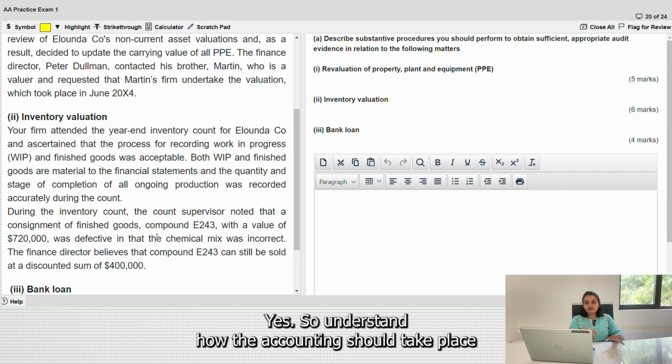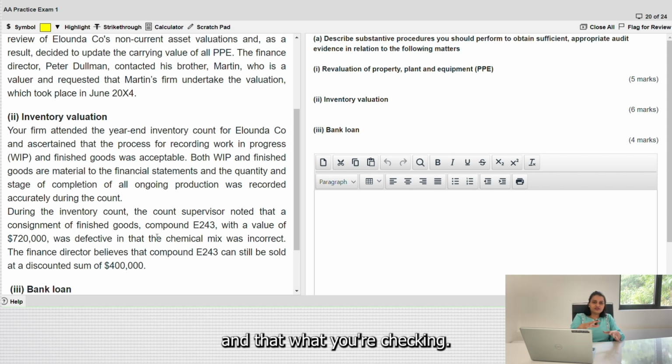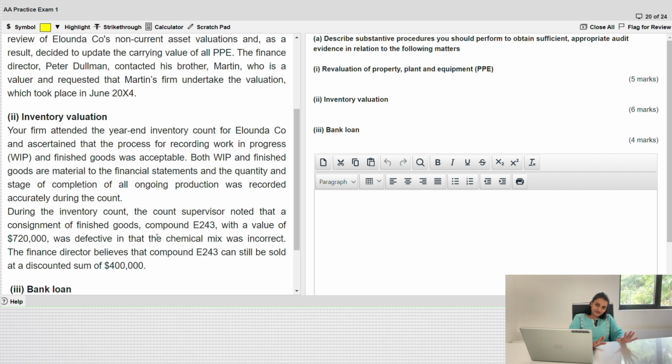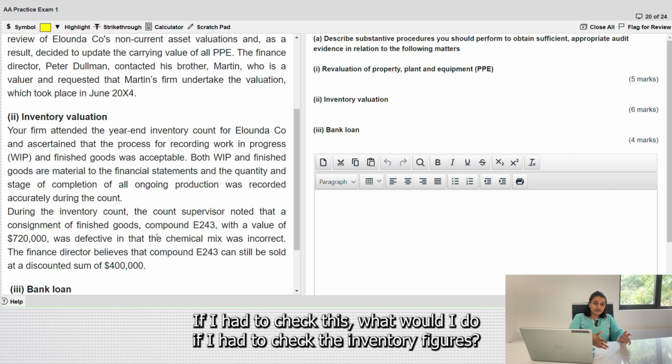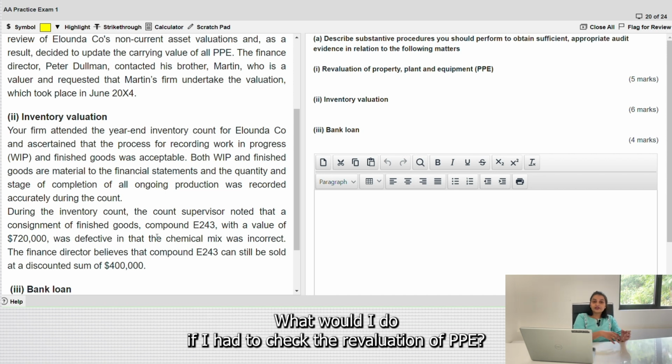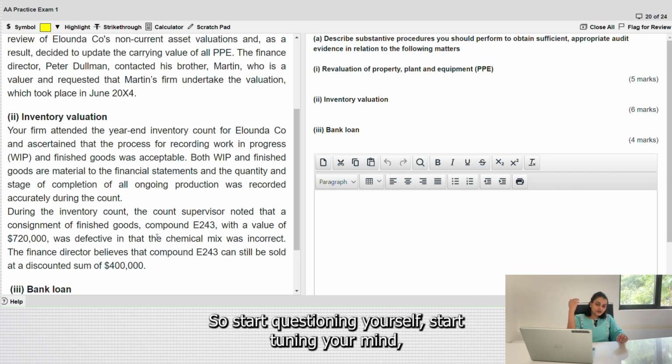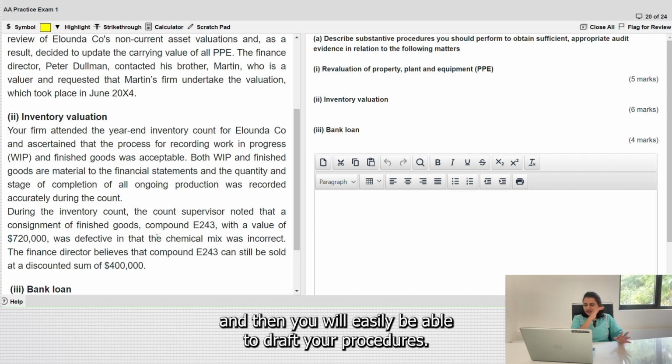So understand how the accounting should take place, and that's what you're checking. See, what's the work of an auditor? To verify, to check, right? Yes, so start thinking like that. If I had to check this, what would I do? If I had to check the inventory figures, what would I do? If I had to check the revaluation of PP, what would I do? Just that. So start questioning yourself, start tuning your mind, and then you will easily be able to draft your